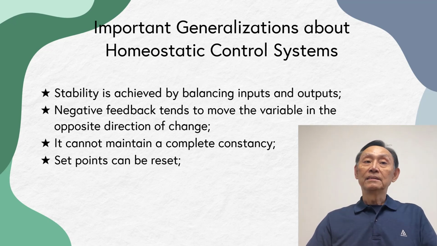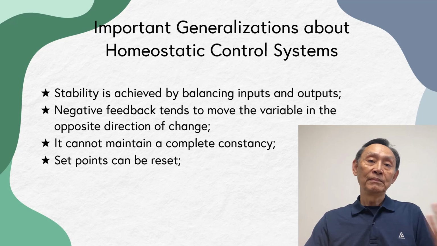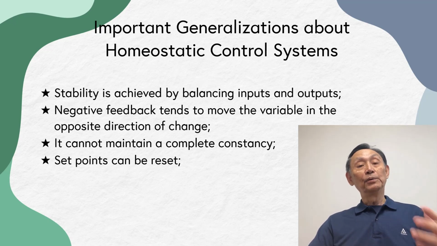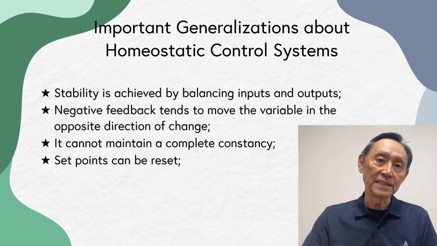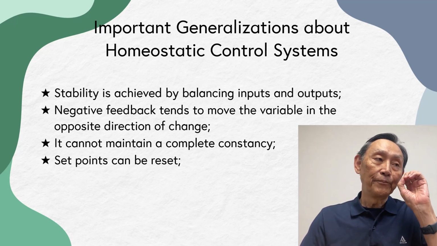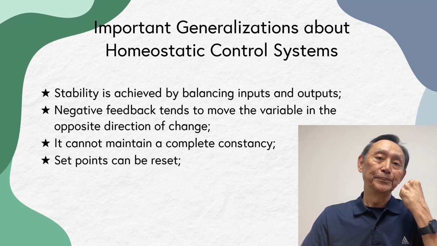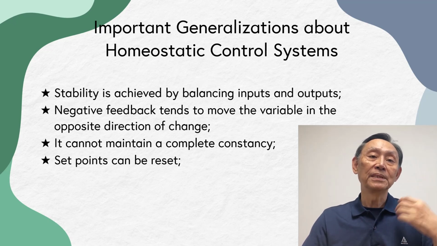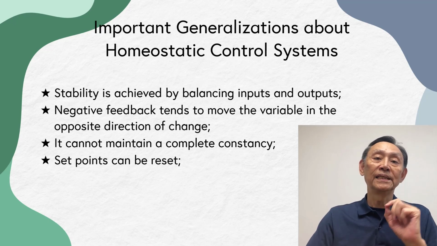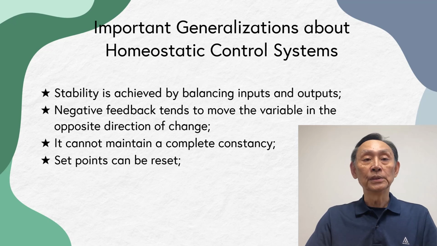And as for blood pressure, if we have a prolonged high blood pressure, then we have hypertension. And if we have a prolonged high blood glucose level, then people will have diabetes. So this is the abnormal state where set points are reset. Of course, when we get old, some set points can also be reset, like blood pressure tending to be higher and higher as we get older and older.